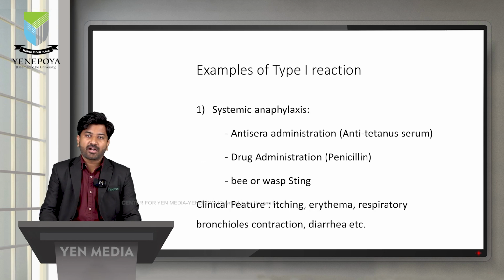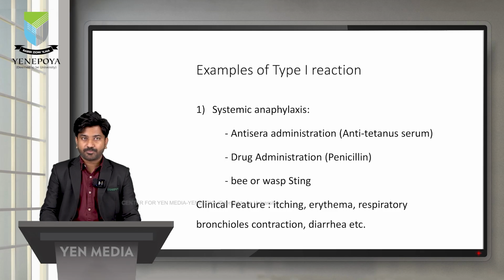Such examples are antitetanus serum, which causes type 1 hypersensitivity reactions. Drug administrations can also cause type 1 hypersensitivity reactions. Bee or wasp stings can also cause type 1 hypersensitivity reactions. The clinical features of type 1 are generally itching, erythema, in some cases respiratory bronchial contraction, and in rare cases diarrhea